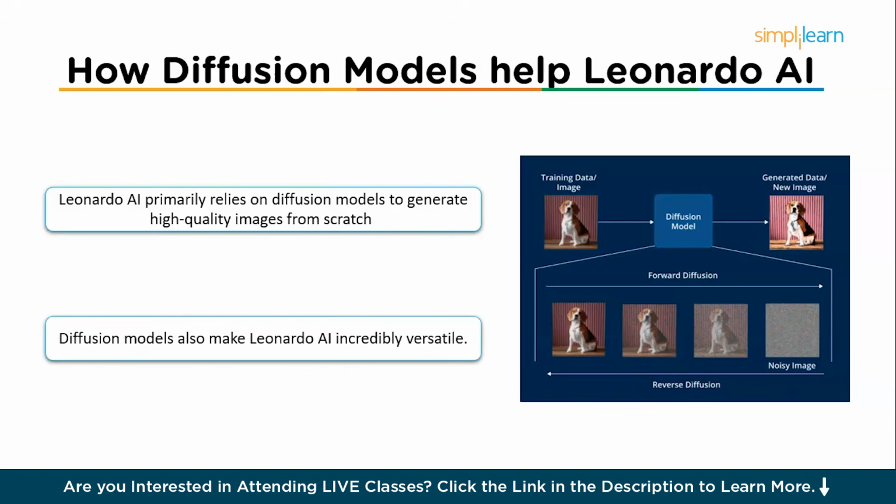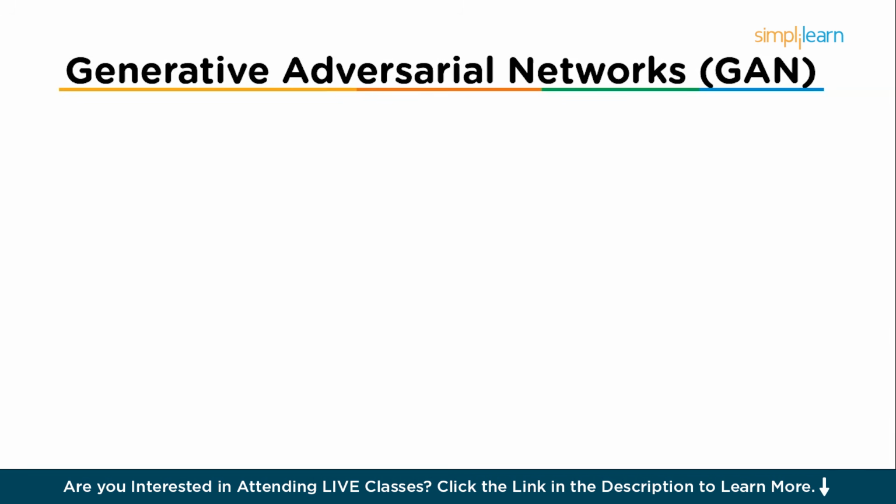Now, diffusion models also make Leonardo AI incredibly versatile. So users can generate images in multiple artistic styles, including realistic, anime, cyberpunk, oil painting, and fantasy. Unlike older AI models that often produced distorted or blurry images, stable diffusion ensures high-resolution outputs with rich textures and fine details. So now moving on to the third technology that is used over here, generative adversarial networks